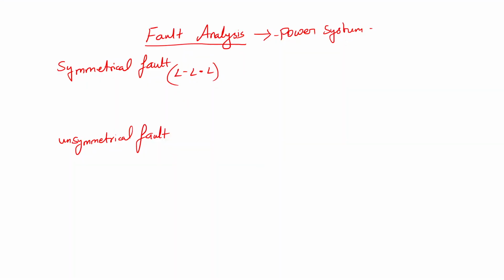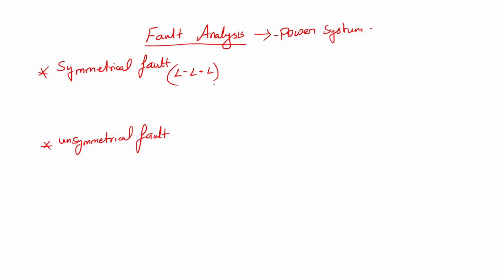I will tell once again. There are two types of faults in the power system. Usually why we do this fault analysis is to measure the size of protection devices like circuit breakers to install in the power system. So how much current will flow through that circuit breaker when any fault occurs, we are going to analyze this. That is why we go for fault analysis. It has two types: one is symmetrical, one more is unsymmetrical. In a symmetrical fault, all three lines get shorted or faulted.